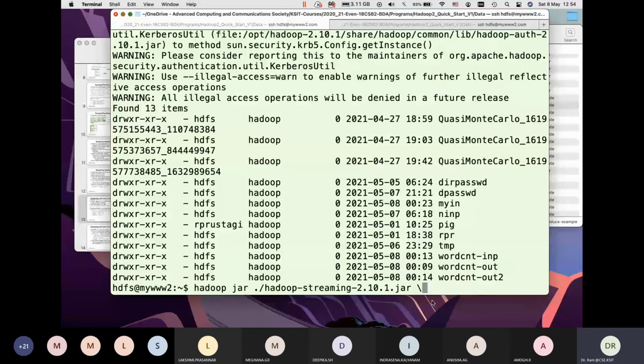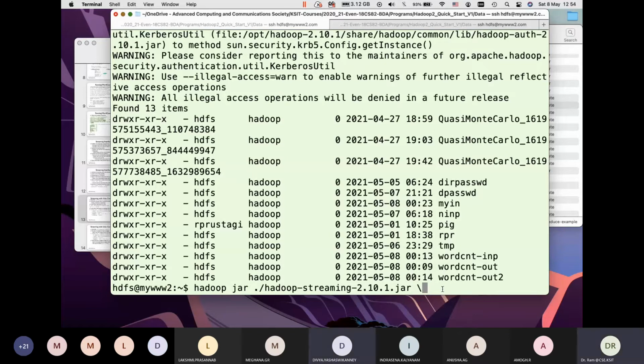Anyone know what the backslash at the end does? On a shell, when I'm typing the command and providing a backslash, what does the backslash mean? Carriage return.